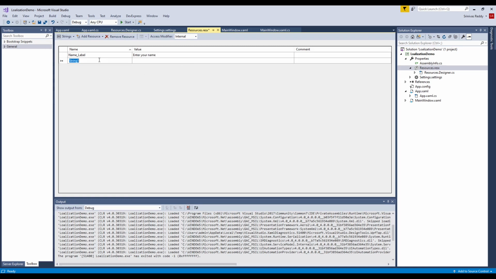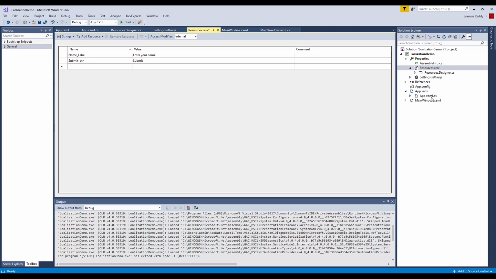And for the button content, let's create another resource and give the name as submit underscore btn, and let's give the value as "Submit".